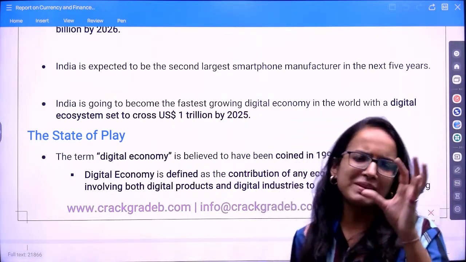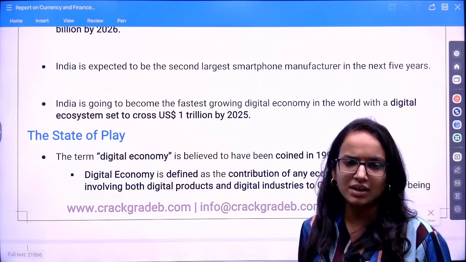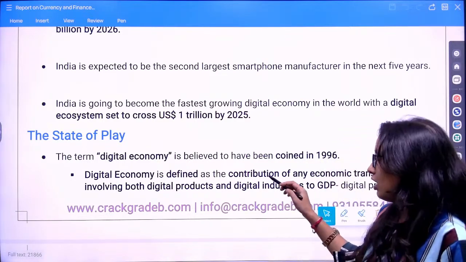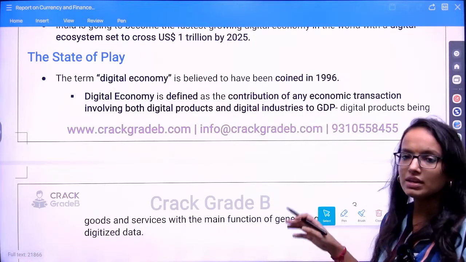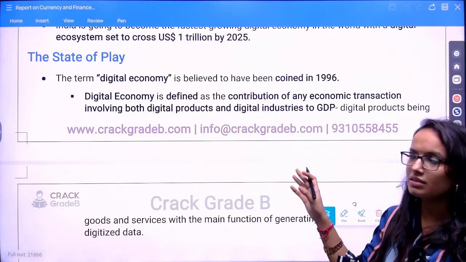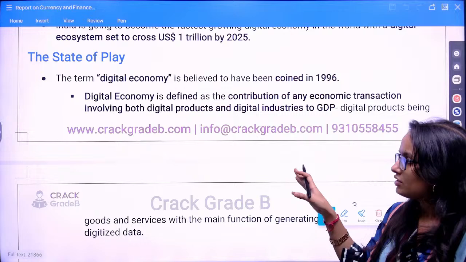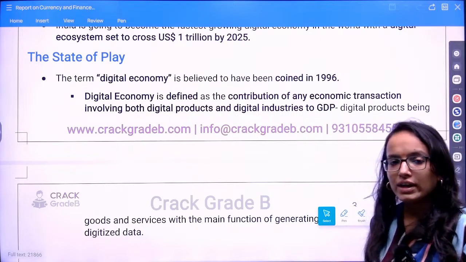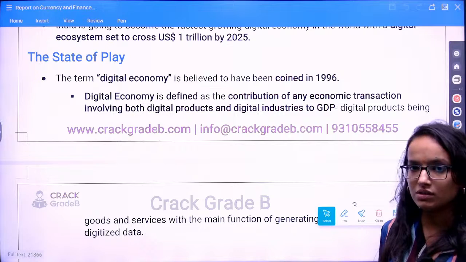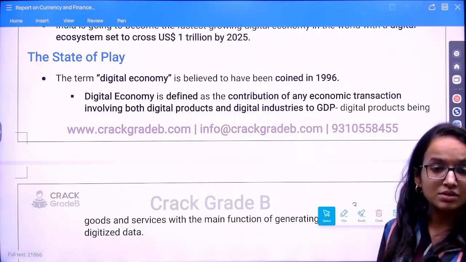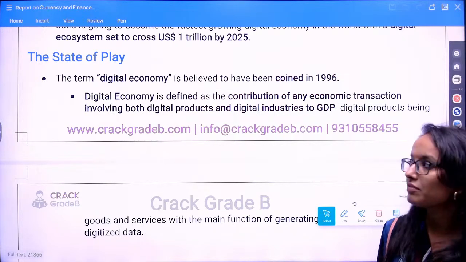Now you have specific headings. Under specific headings, there are certain facts. You don't have any need to remember all the figures. Just try to figure out whatever they have asked previously, and try to mug up those facts first, because there is human limitation, you cannot remember everything, right?